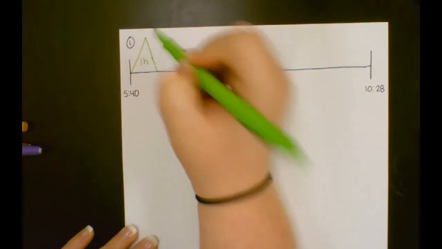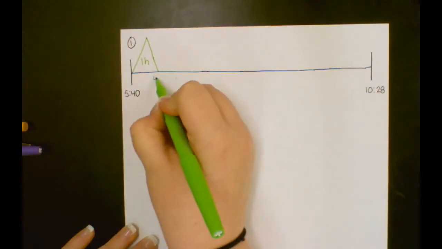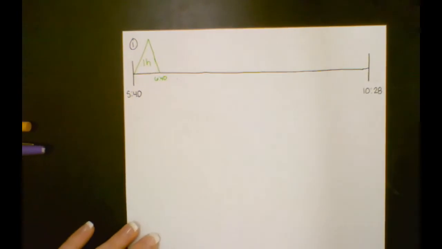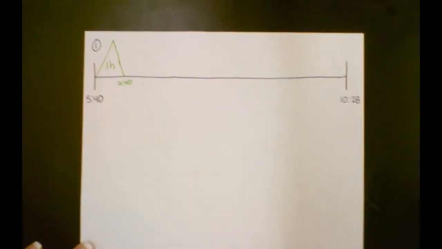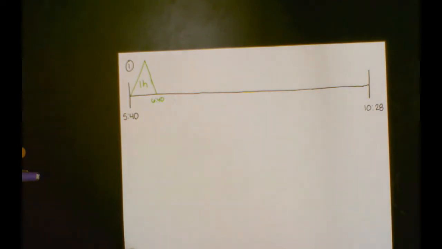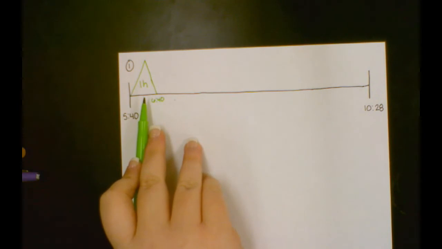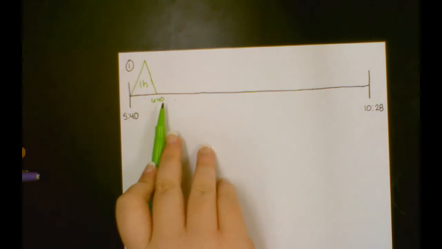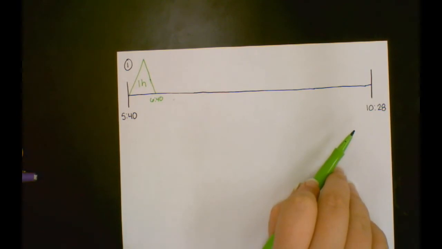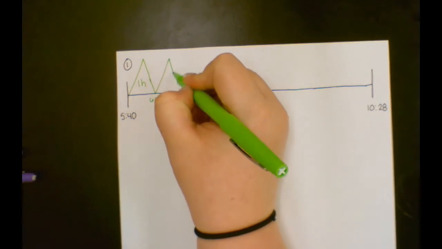And you make sure you always label. So 1 hour, and always label that time. So it would be 6:40. I always ask the students to check and make sure. Always do your hours first, so you're always doing your mountains. Then we see if we can still do another hour, and we can because we won't pass 10:28. So we do another hour in another mountain,